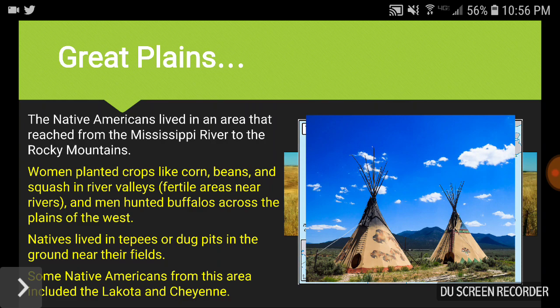So again, as we're talking about these cultures and these Native American groups and these different cultural areas or regions, we're seeing how vastly different these Native Americans lived. Doesn't make them better or worse than the other one. It just means that they had a culture and they had a society with structure. That's very important to remember when we start talking about European colonization, because these Native Americans had civilizations. They had civilized, organized governments. They had family units. It's just going to be different from the Europeans that are going to come later on.